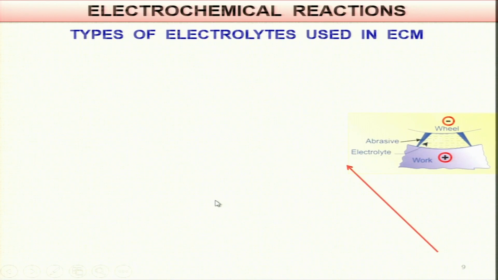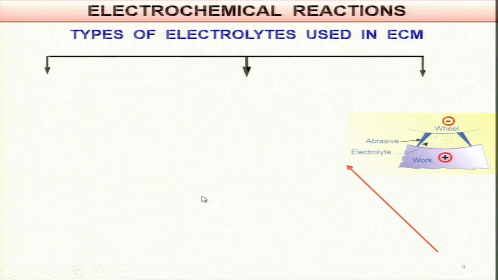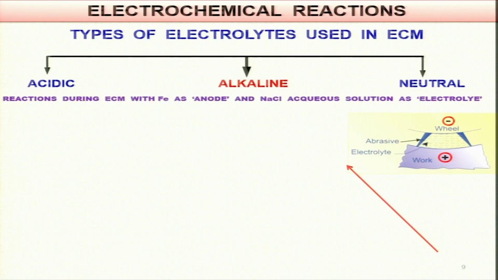Theory of ECG, electrochemical reactions, types of electrolytes used in ECM: they can be acidic, basic or alkaline, or neutral. Reactions during ECM with iron, Fe, as anode and sodium chloride, NaCl, aqueous solution as electrolyte. 2H2O plus 2 electrons, 2e-, and you get hydrogen gas H2 plus hydroxide,